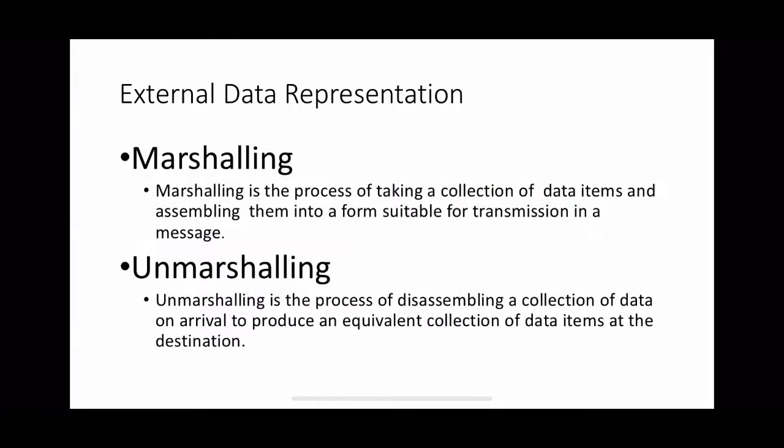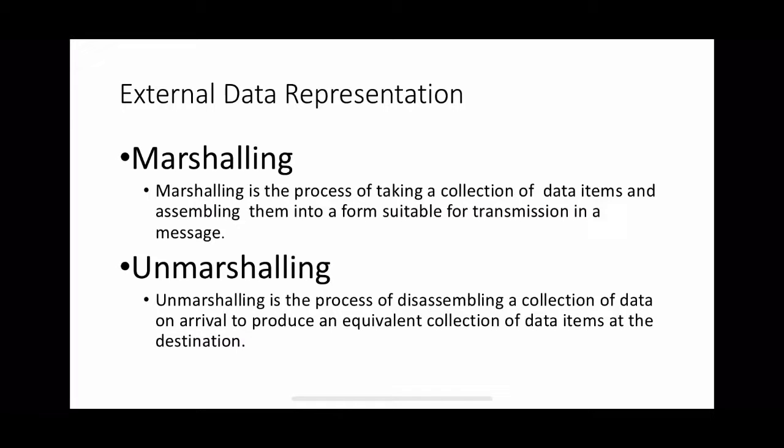So let us discuss the first method, that is, using an external data representation. Two different procedures are there: marshalling and unmarshalling. Marshalling is at the sending side, and it is the process of taking a collection of data items and assembling them into a form suitable for transmission in a message.